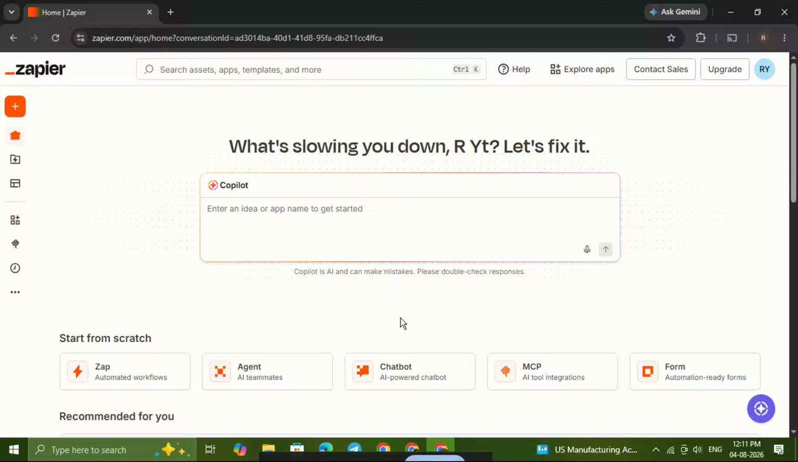If you want to connect Zapier with WordPress, I'll walk you through the process step by step so you can get it set up quickly and correctly. This is a really useful connection if you want to automate tasks, send data between tools, or streamline your workflow